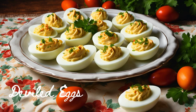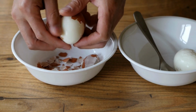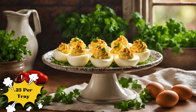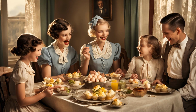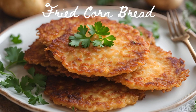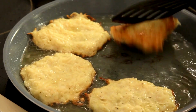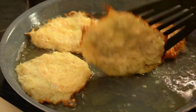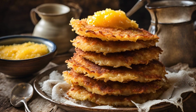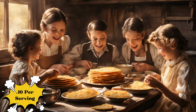Next, we've got deviled eggs. These classy little appetizers were made with eggs, mayonnaise, mustard, and a sprinkle of paprika for just 25 cents per tray. Perfect for social gatherings or just a snack for yourself. Next up at number 13 is fried cornbread, aka Johnny Cakes. Johnny Cakes were a Depression-era favorite, made with cornmeal, water, sugar, and salt. These crisp little cakes paired perfectly with soups and cost just 10 cents per serving. So simple,